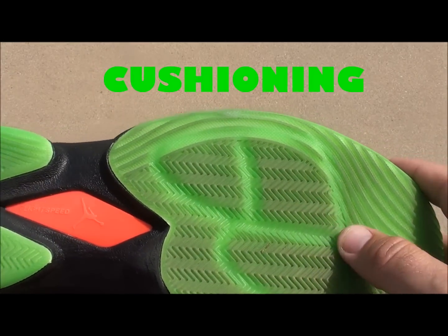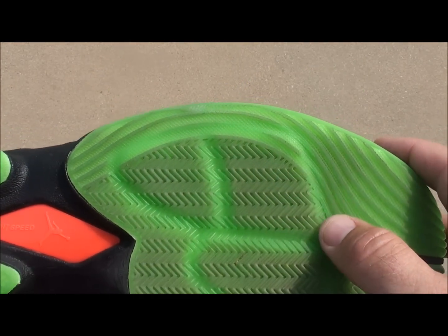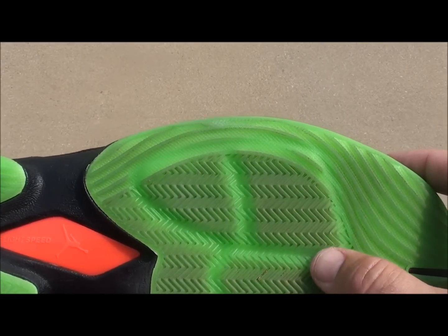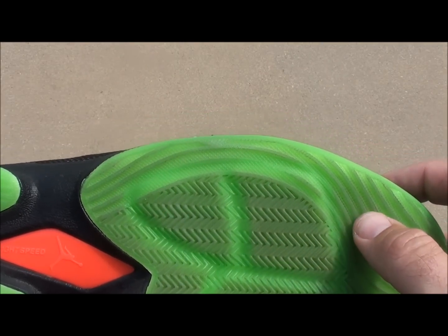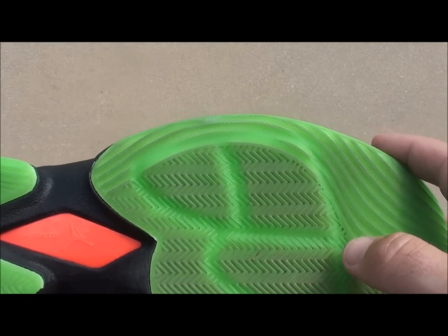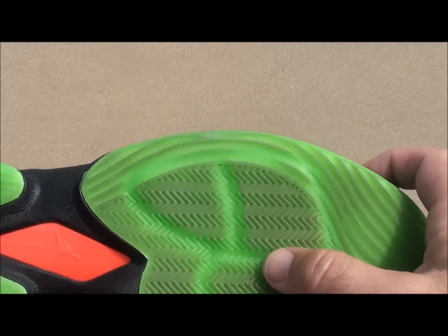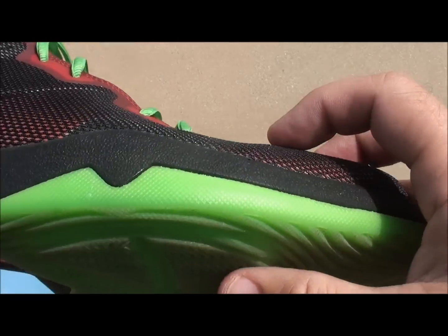Okay, and last but not least, we come to the cushioning. I didn't really know what to call this zoom unit other than unlocked before I got the box and had the tech card, the spec card in it, and they're calling it a J zoom unit. I assume because of the shape of it. I'm not for sure what the J signifies, but as you can see, it goes back to kind of the